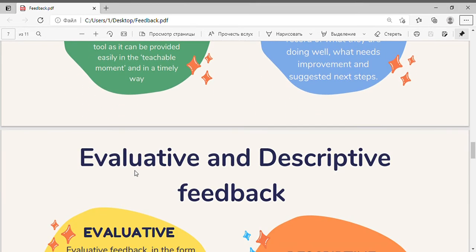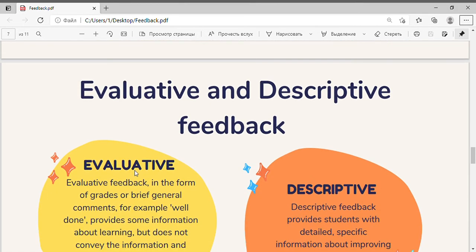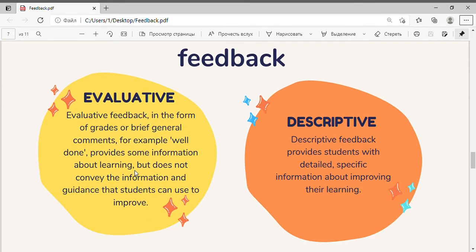The next feedback types are evaluative and descriptive feedback. Feedback can be either evaluative, involving a value judgment, or descriptive, providing guidance for improvement. Evaluative feedback comes in the form of grades or brief general comments. For example, well done provides some information about learning but doesn't convey the information and guidance that the students